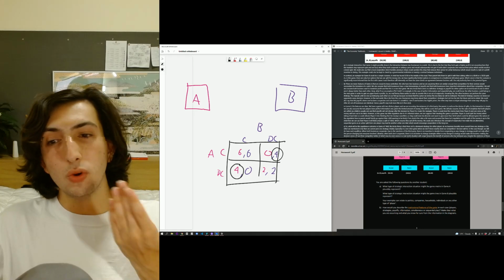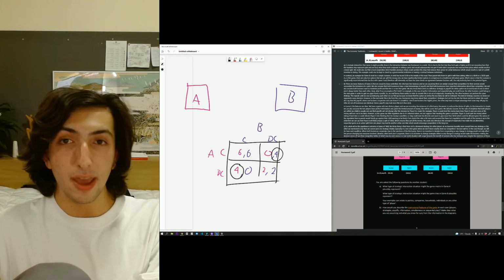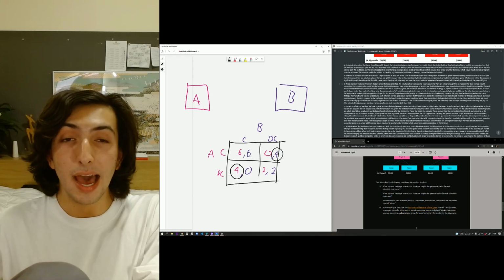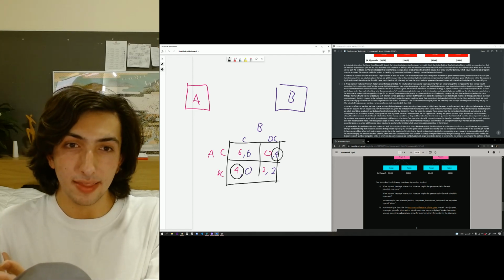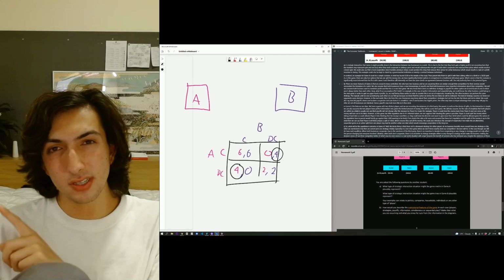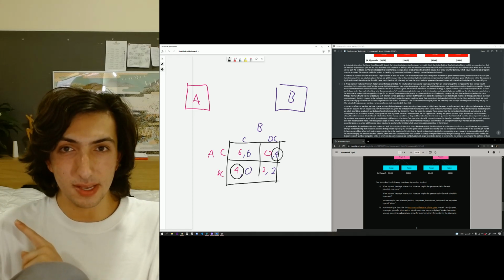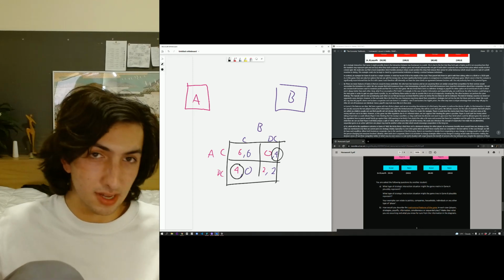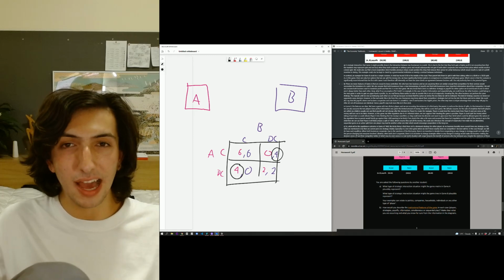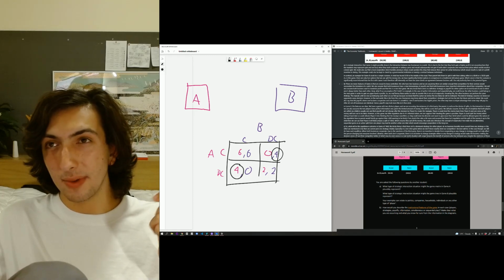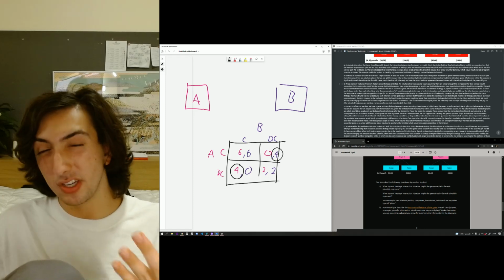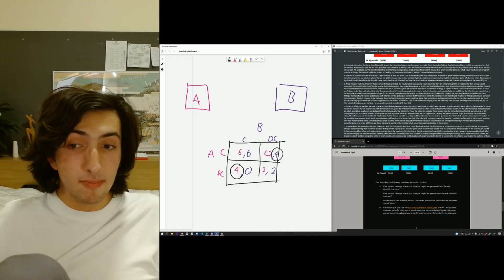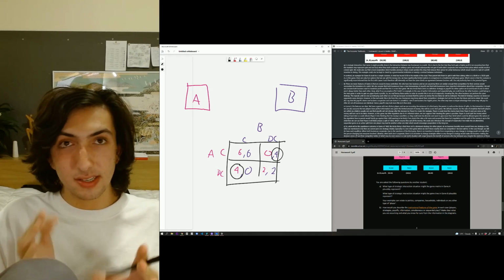We also would assume that these businesses know the payoffs here. They know what's most profitable for them, they know what's least profitable for them, and they know what's going to happen, okay? We're assuming they know what's happening in the game. But we are also saying that they don't exactly know what's going to happen to the other person. Because, again, this isn't a situation where we know what the other business is going to actually act on. So we would say that we have imperfect information. We know the strategies of the game, but we can't really know what they're going to do. We also are going to assume this is a one-shot game. This is just to make things a little simpler for us.